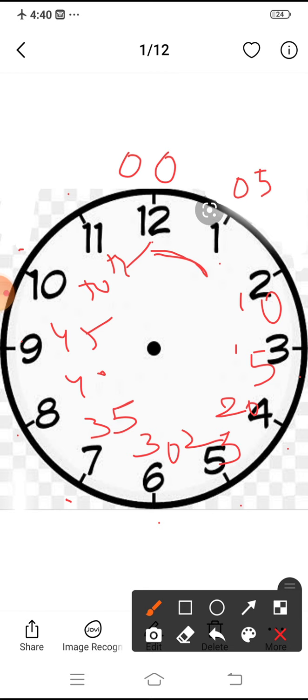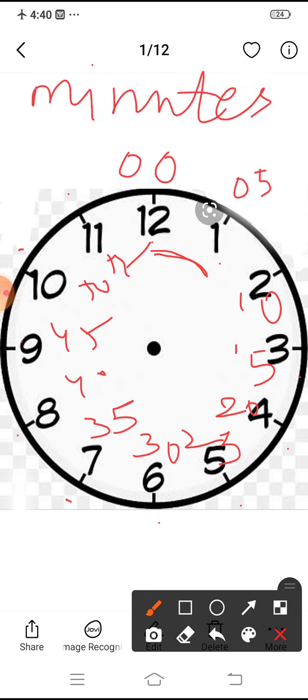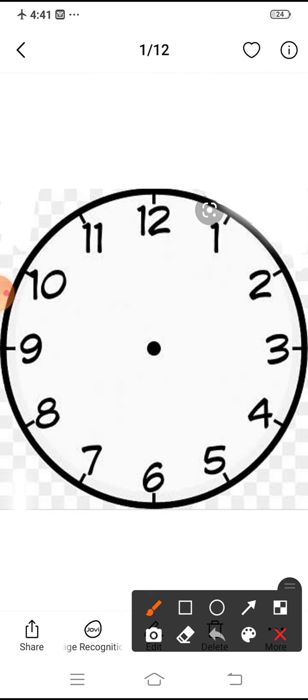This is for the minute's hand. This is for which hand? This is for the minute's hand. Okay, now for the seconds hand, in between you will have seen, students, you will be having 5 lines, correct? Now 1, 2, 3, 4, 5 gaps you will be having. That means from here it is 0, then 1, 2, 3, 4, 5. From 5, then again 6, 7, 8, 9, then again 10. Like that you are having 5 gaps.